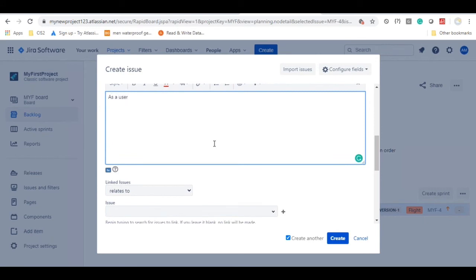As a user, I should be able to select a low fare flight, and I should be able to book it. So this is the description.